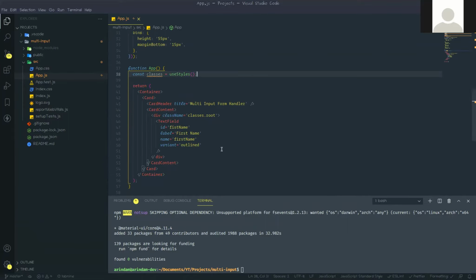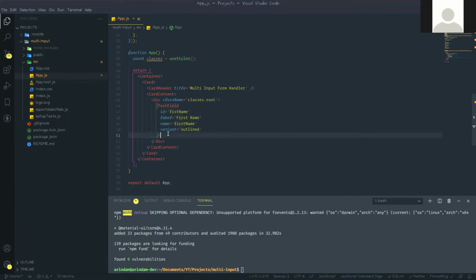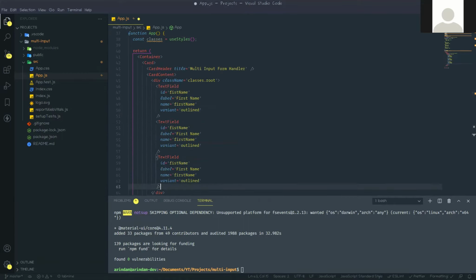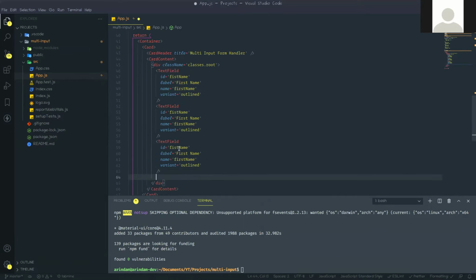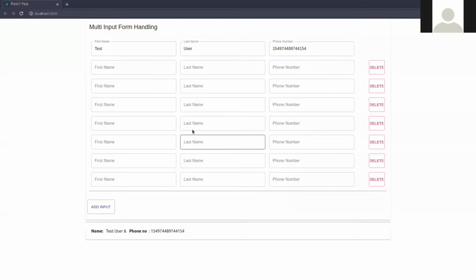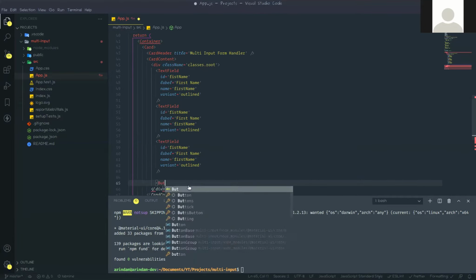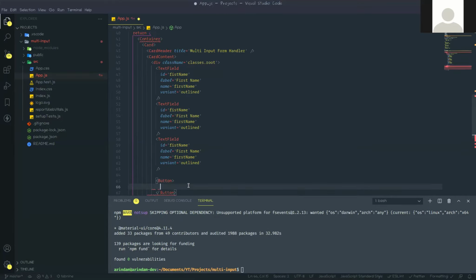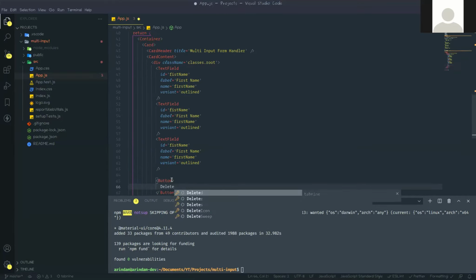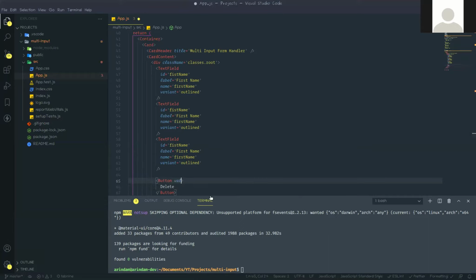So we actually need three. Copy this, paste. Now we also need one button for delete, right? With that delete button we need to delete those inputs. If you go to here, this is the delete button that I am talking about. So that is a button, that delete button will also take some props,